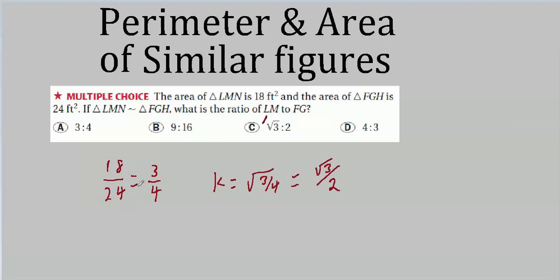All you had to remember was what we just said half a minute ago. I hope your memory is that long. That the ratio of the areas is the square of the ratio of the similar figures. The actual scale factor, you have to square that to find the scale factor for the areas. Or we go backwards. If we know the scale factor for the areas, then we take the square root and get the actual scale factor for the two figures. Or in this case, I think they're triangles. But be sure to notice that we didn't actually need any dimensions for these to figure this out. All we needed was the two areas.